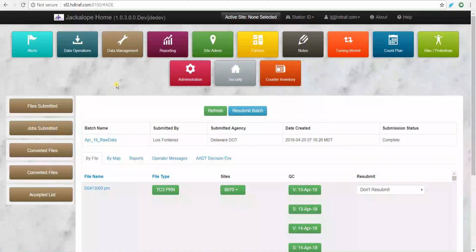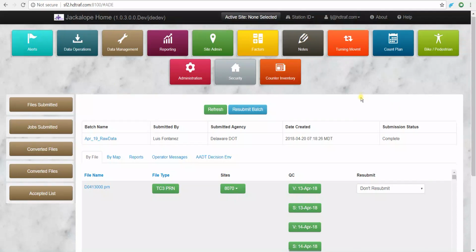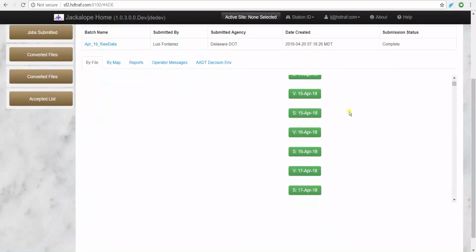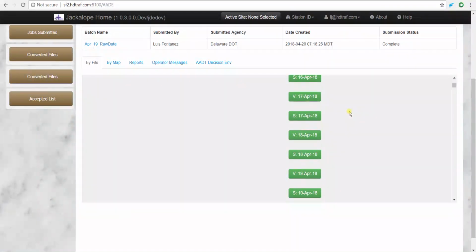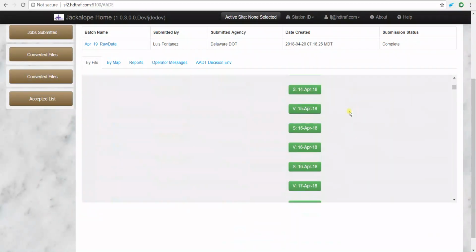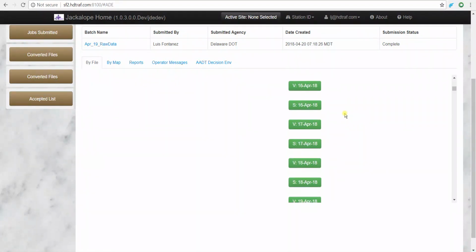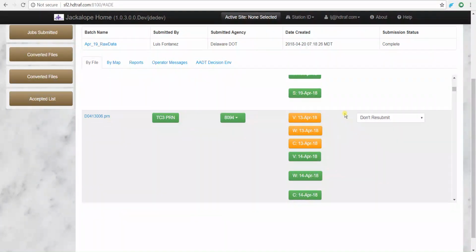So here for my demonstration, I'm already viewing the details of a batch. So data management, files submitted, and I double clicked to view the batch that I was interested in. And as I scroll down through the batch, you can see there's quite a few files, quite a few sites, many days of data. And so submitting this many files in a batch is fine, but it's a little bit difficult to interact with